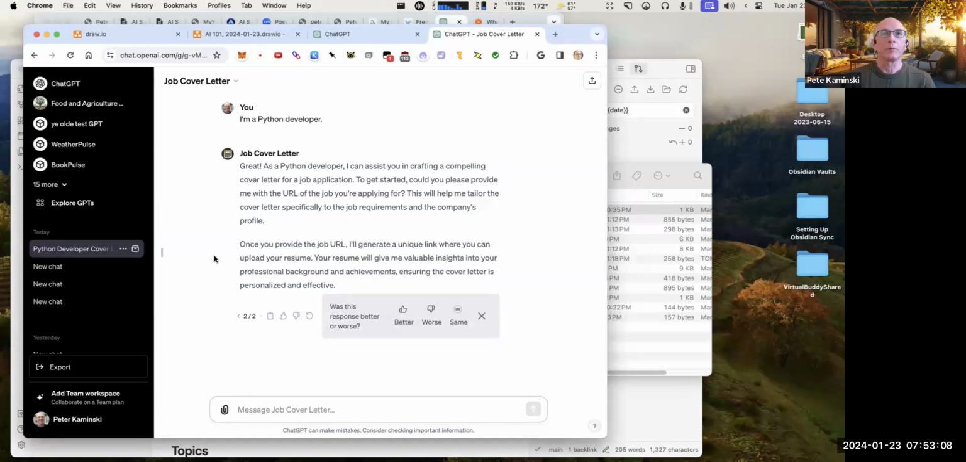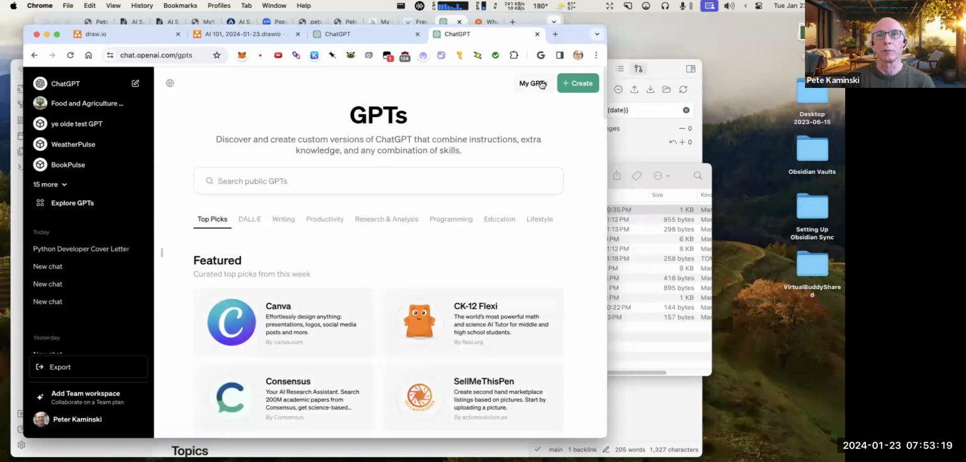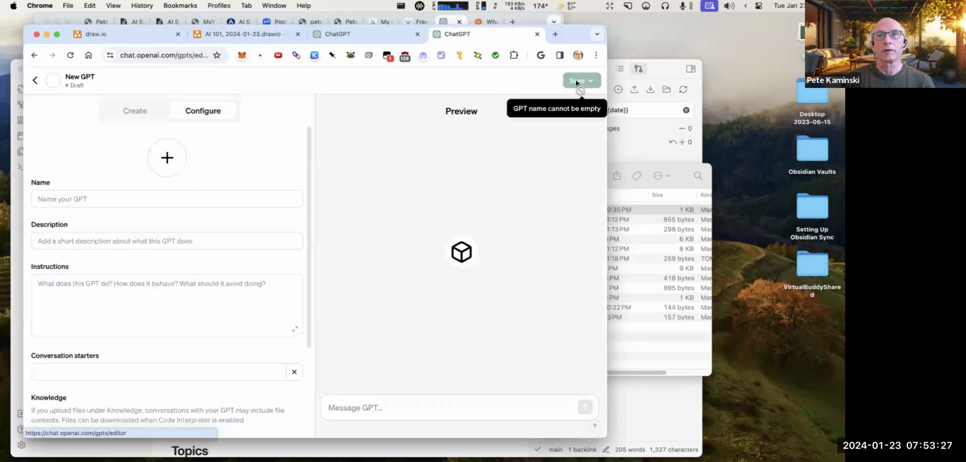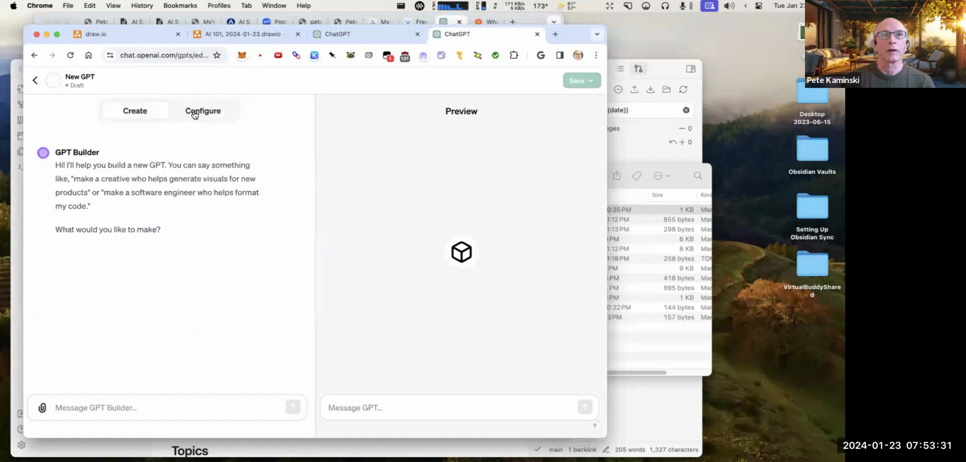Let's go through the process of creating your own GPT real quick. The main thing to notice is it's super fast. If you've got ChatGPT Plus, then you click on Explore GPTs over here, then you click Create. And there's two tabs here. One of them is Create and one of them is Configure. Create is kind of a wizard for